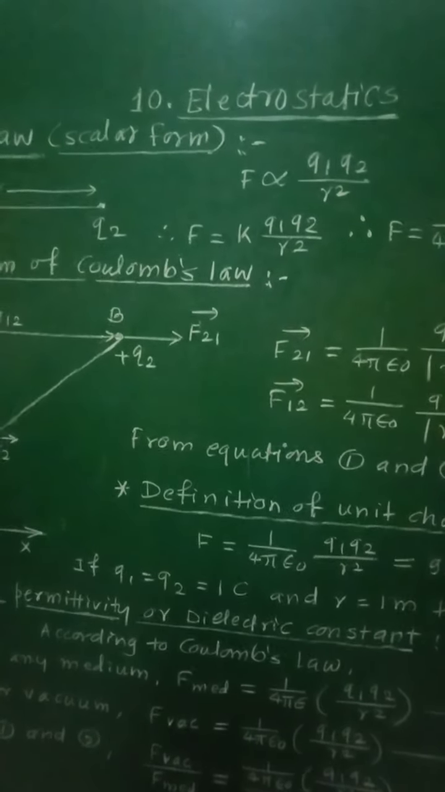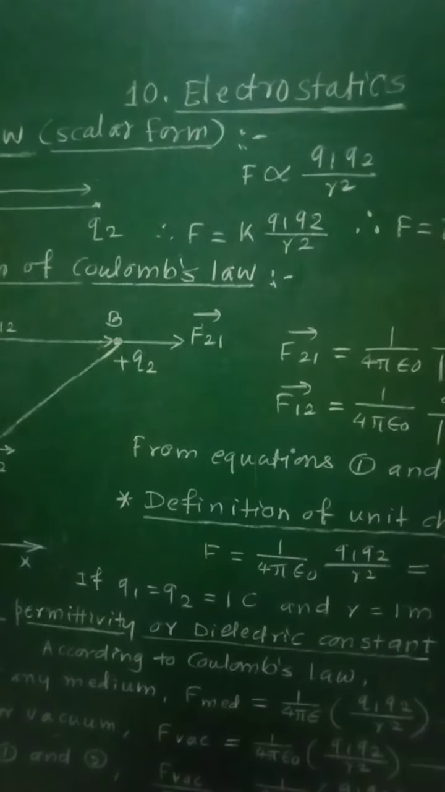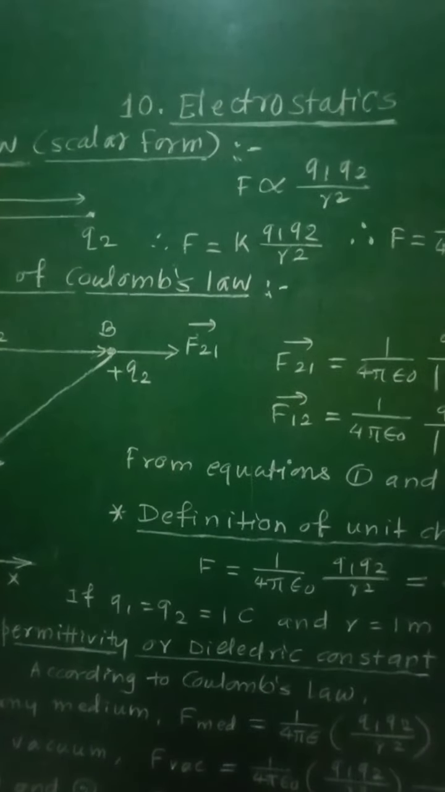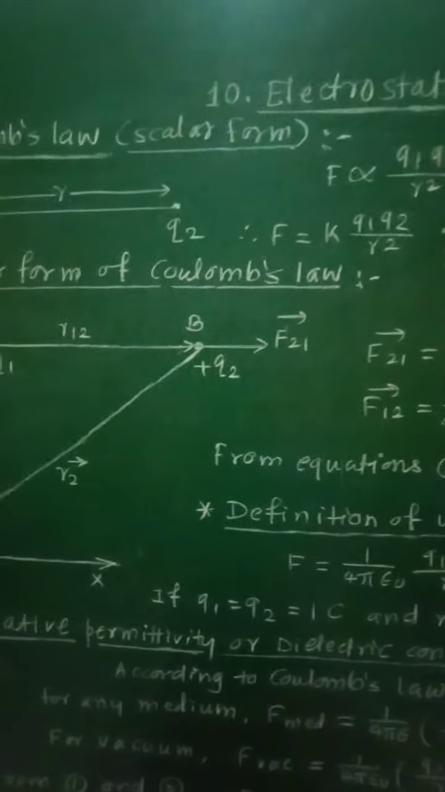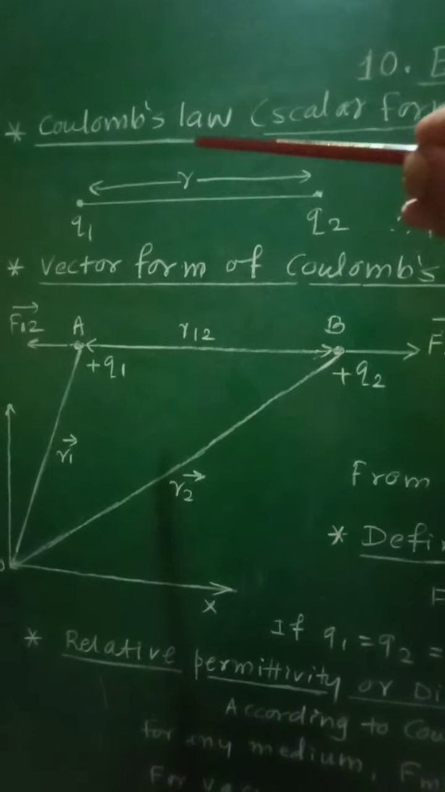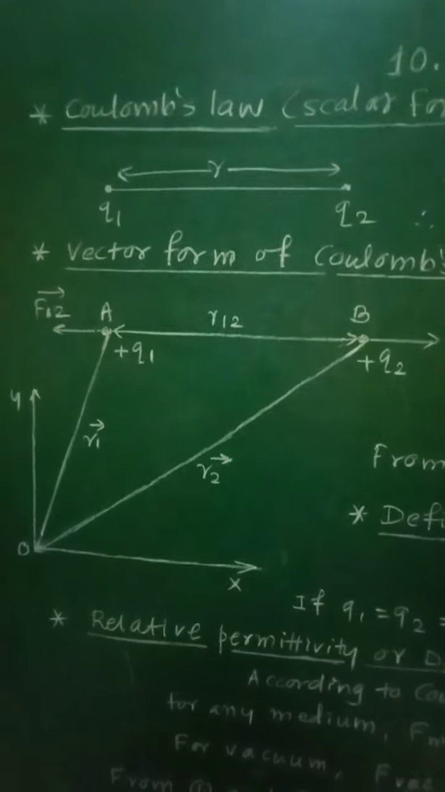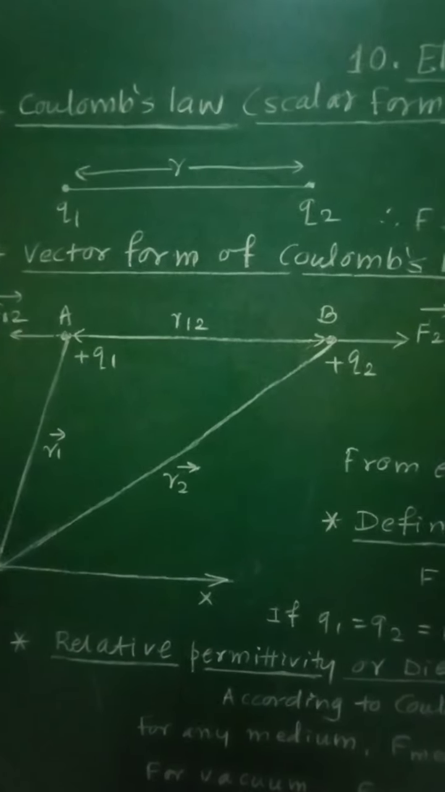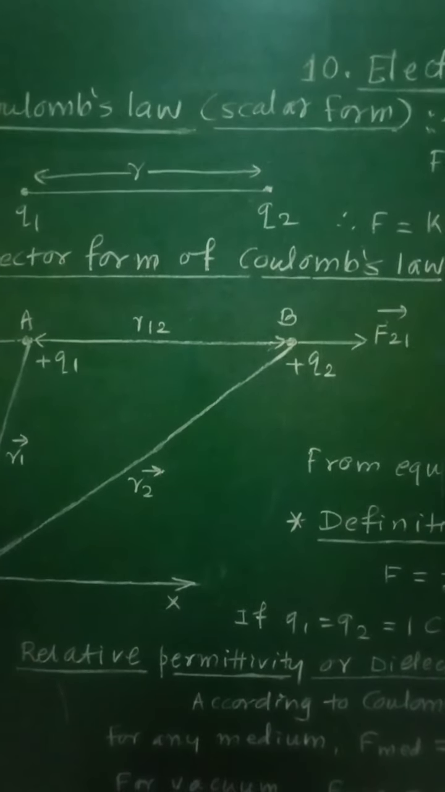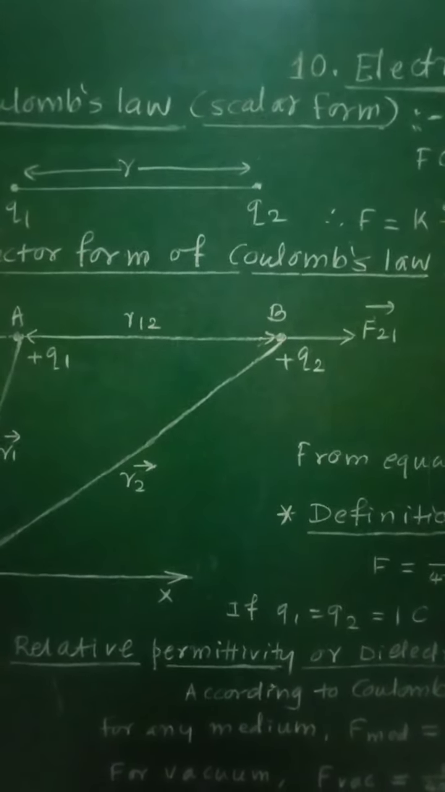Class 11th, Subject Physics, 10th chapter Electrostatics. From this chapter, let us see Coulomb's law. Coulomb's law will be given in two forms, that is scalar form as well as vector form, and the statement